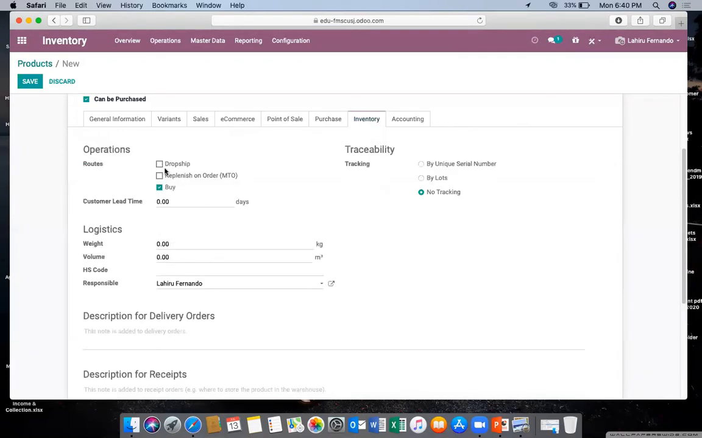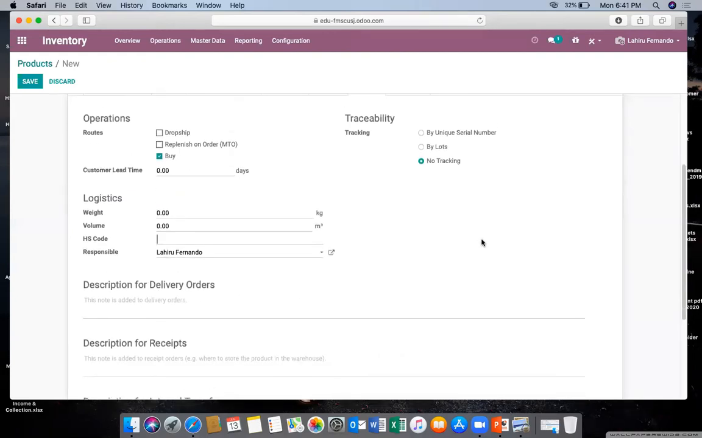Under the inventory, you can have routes, like whether it's a drop ship, which I will explain separately, and whether this is a manufacturing product or a buy-only product. You are not moving into manufacturing for this product. And you can give the customer lead time, as I explained. When you are requesting an order from a supplier, how soon the supplier can deliver to you, and the product weight, volume, and HS code, and different codes that you have, and who is responsible for this product, and whether